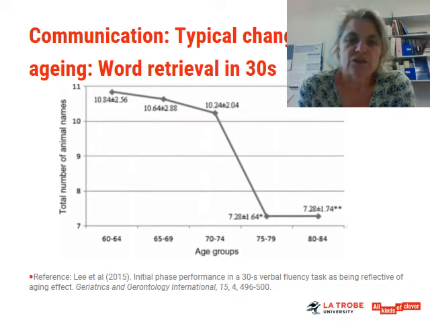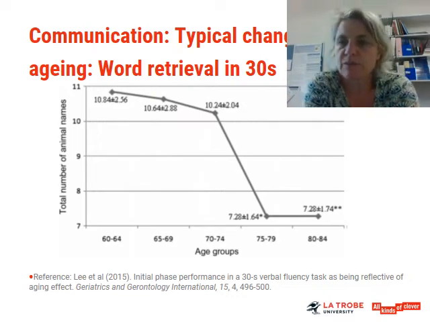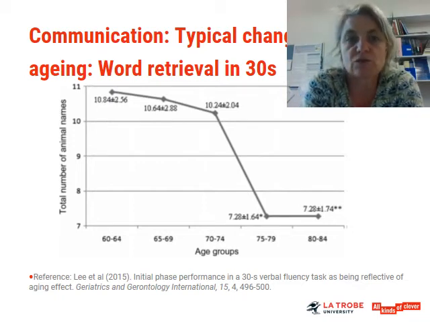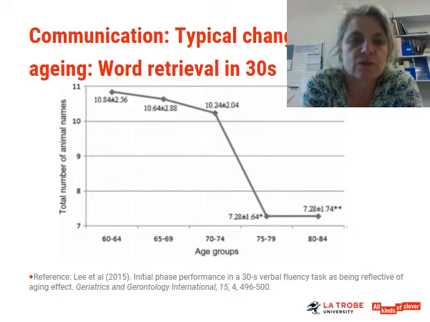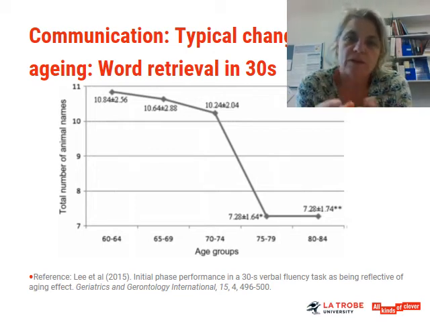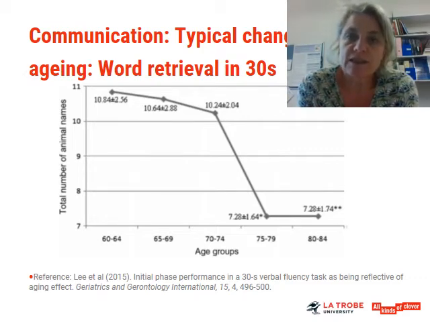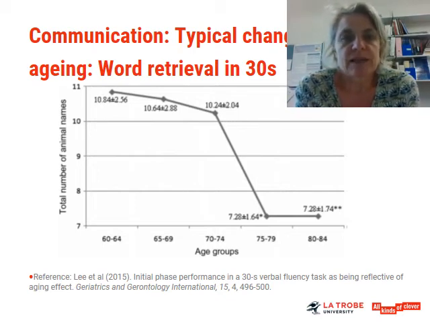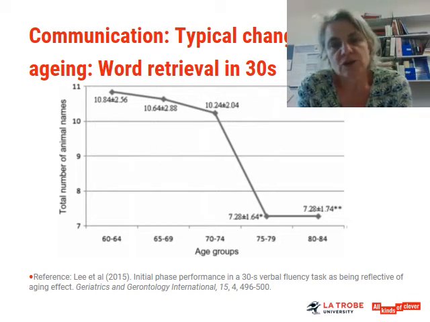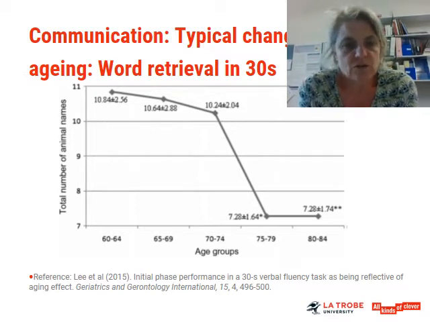One way is to ask people to think of as many words as they can in a group. So, for example, one test of verbal fluency, or word retrieval, which means the same thing, is how many animals you can name in 30 seconds. And that's what this study that I'm showing you the graph of had a look at. So basically, in this study done by Lee and colleagues in 2015,